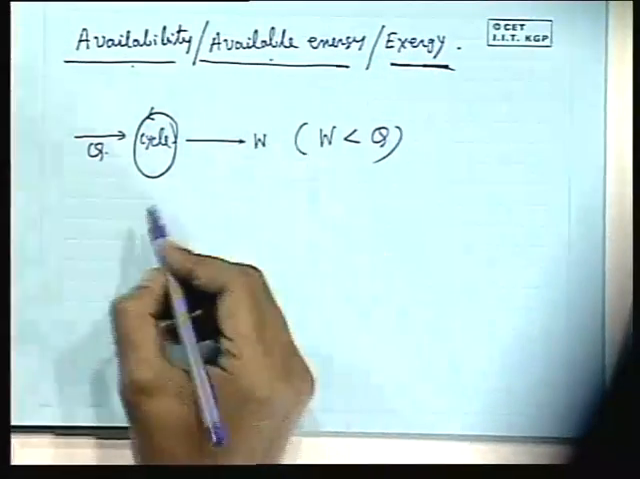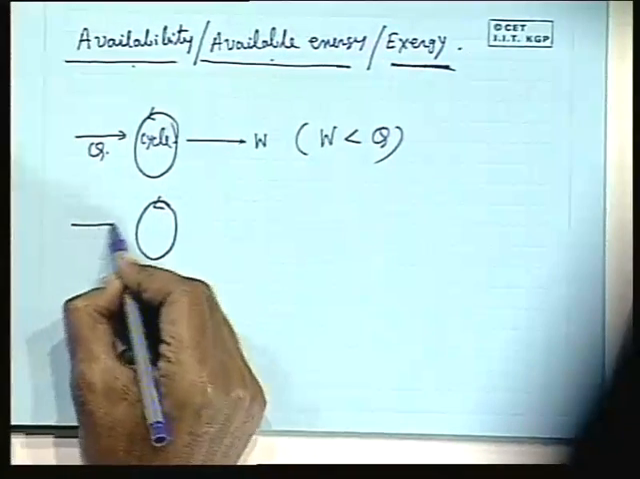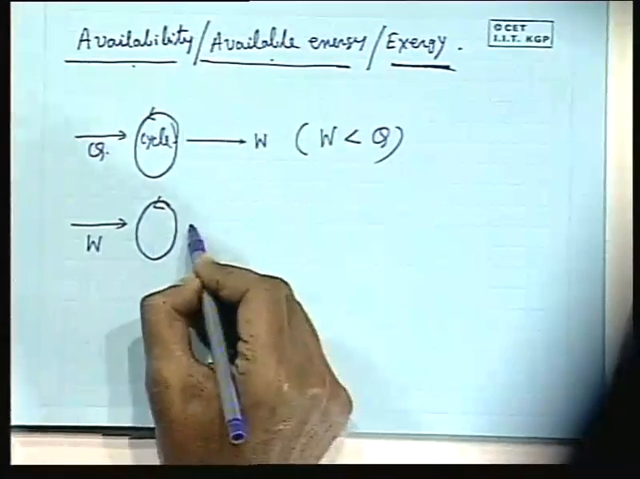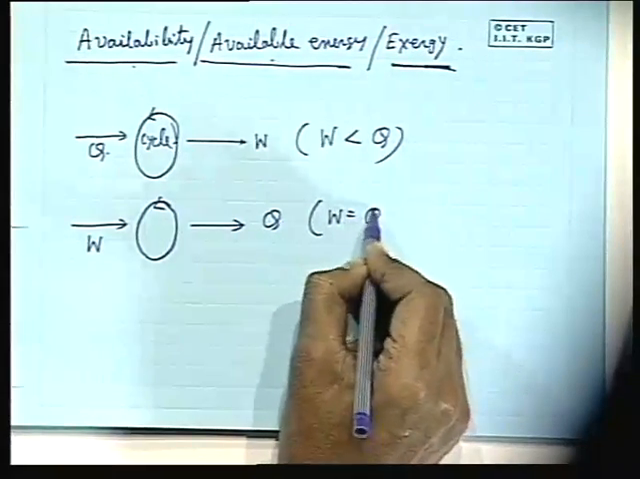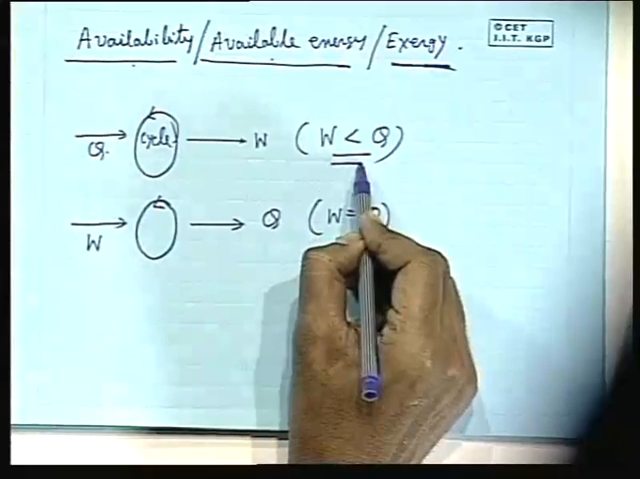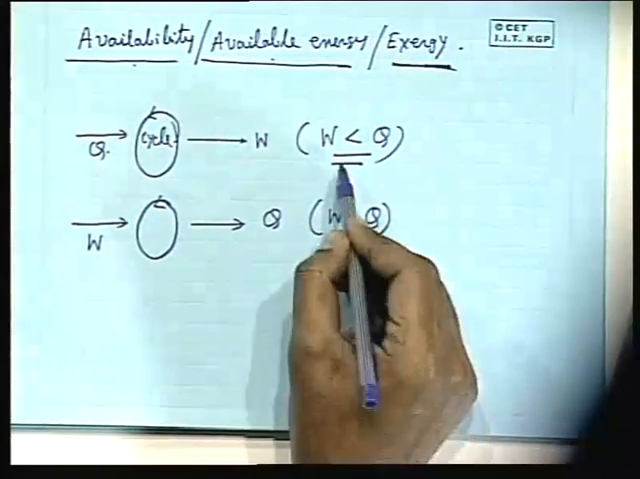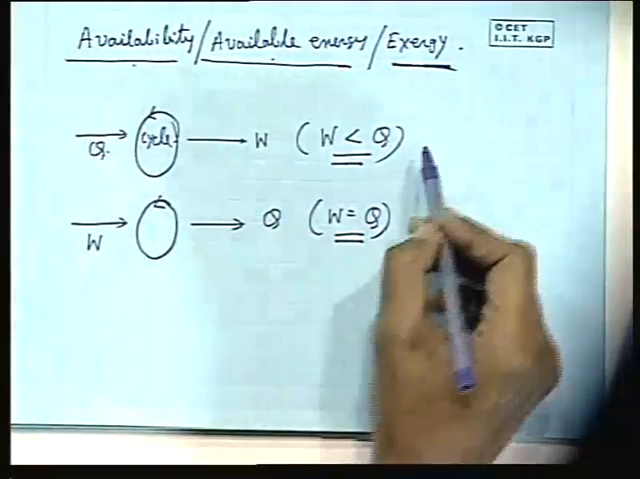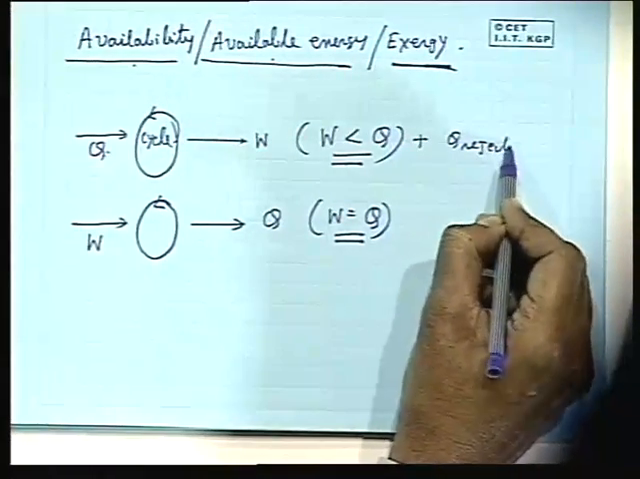Everything cannot be converted. While if you want to convert work into heat, you can definitely convert the entire work into heat. This does not violate the first law. Apparently it means it is in accordance with the energy conservation, but it is not. Why? Because some portion of heat is still left here, Q rejected. So this is the basic